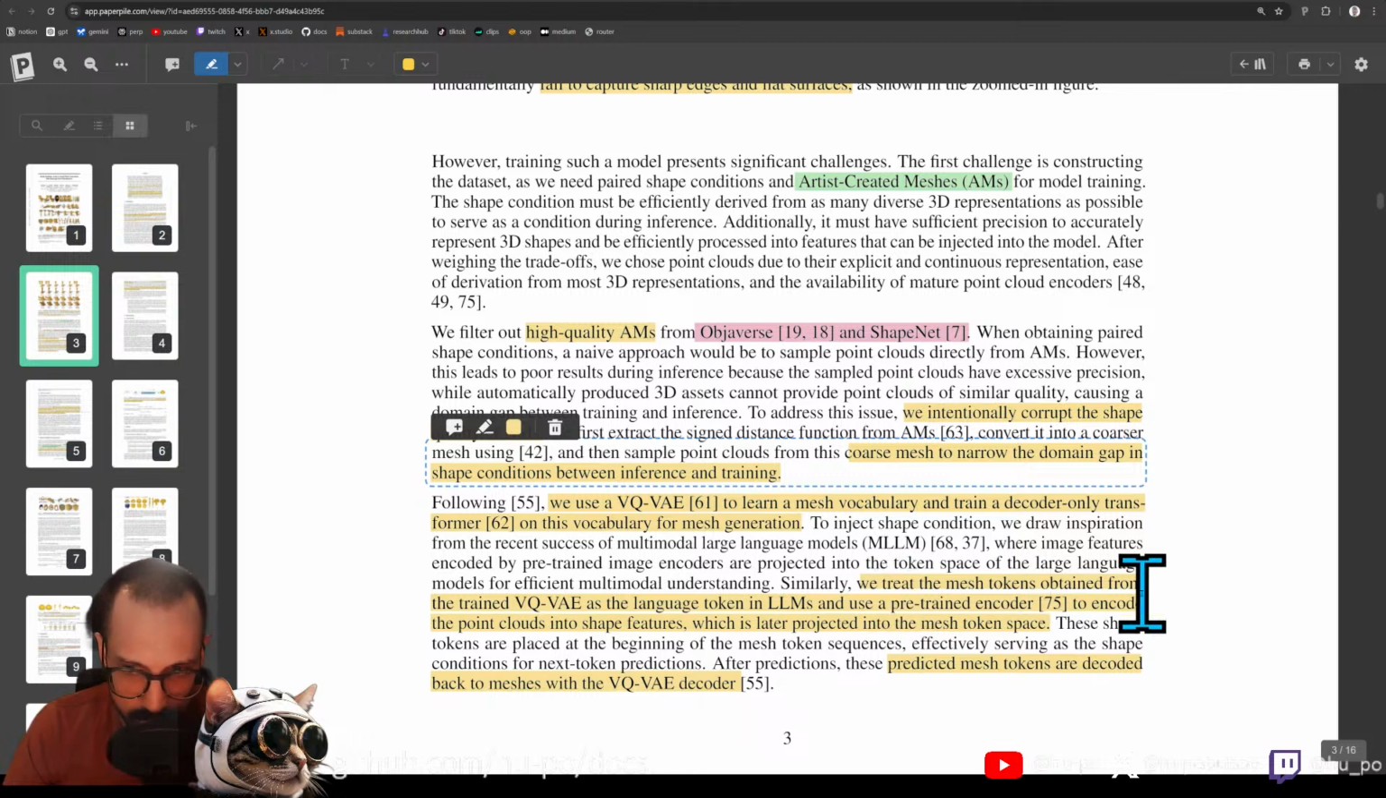We treat the mesh tokens obtained from the trained VQ VAE as the language tokens in LLMs and use a pre-trained encoder to encode the point clouds into shape features, which is then later projected into the mesh token space. Okay, so what they're doing